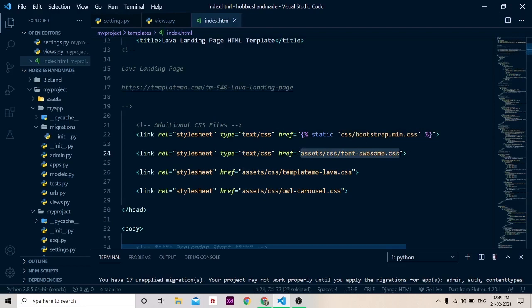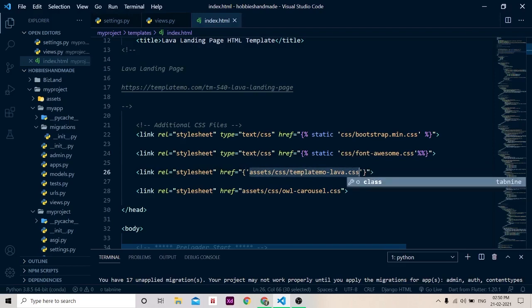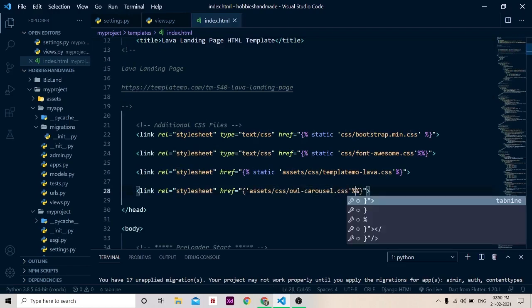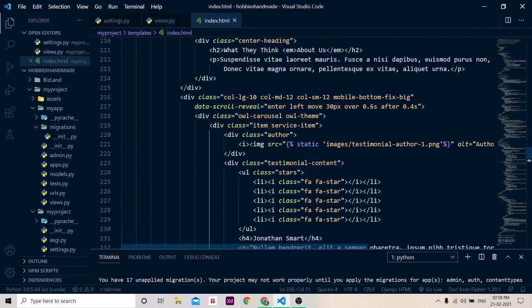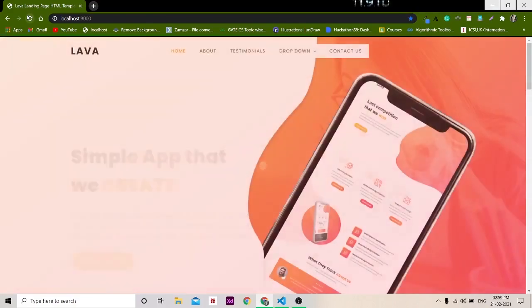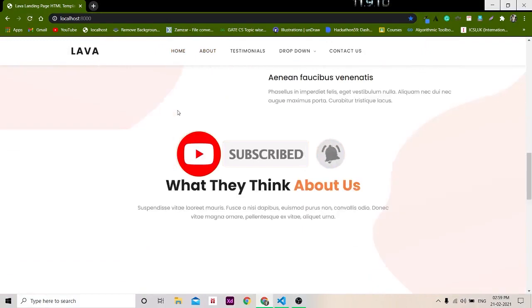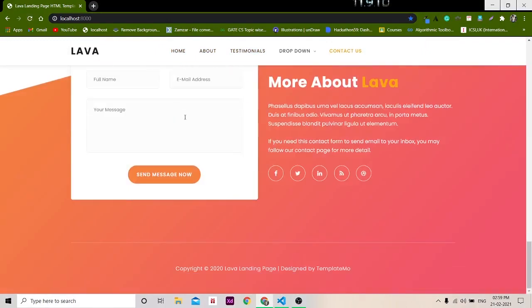I am going to do this. As you can see here, I have converted the paths to the static method that we normally use. Let's see if it is working or not. Yeah, it's working properly. So as you can see, we have used static files in Django.